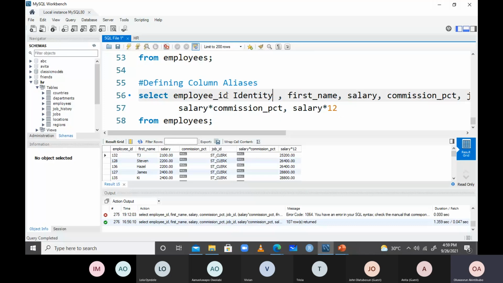Right? I'm just going to put identity. Now, how do we name an alias? You name an alias in two ways. You give the name immediately after you name your column. So this is my column name, of course we know that's employee ID, and I would instantly name my column alias. Or I put what we call an AS optional keyword. So I'm saying first name AS what